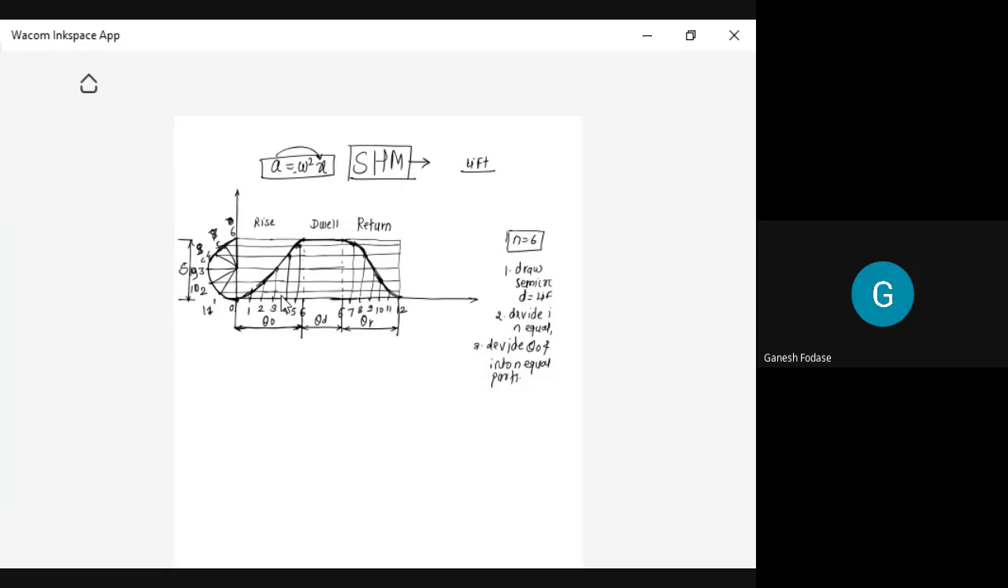Don't call it as theta 0. Call it as theta O, outstroke. Theta O, outstroke, angle during outstroke. Okay. Then